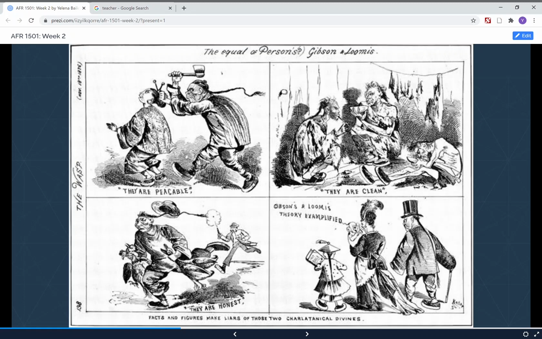This one in particular was about the Chinese, right? And Chinese immigrants. And you'll notice here that this person has these contrasting images, right? They're peaceable, and they show the person with the axe. They're clean, and they show them living in squalor. This is a racial project that is attempting to racialize, we use that as a verb, people of Chinese descent as dirty and violent. And it's people who didn't belong in the US, right? And that had consequences, right?